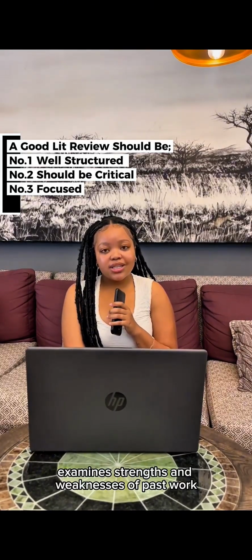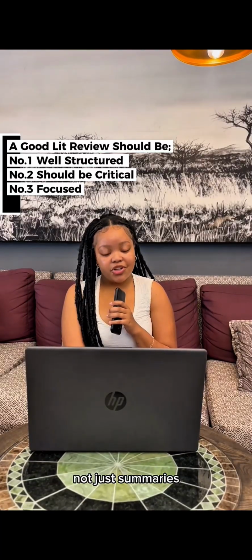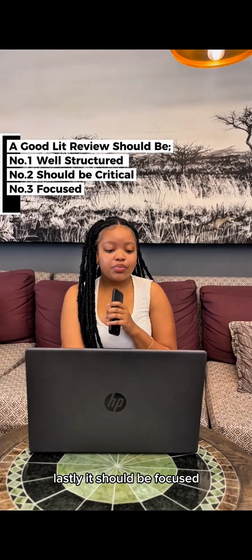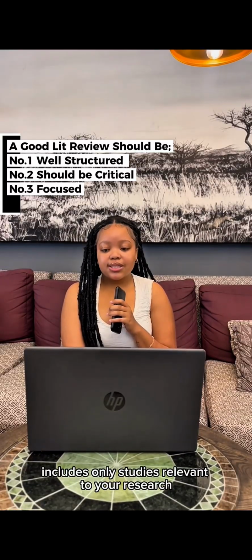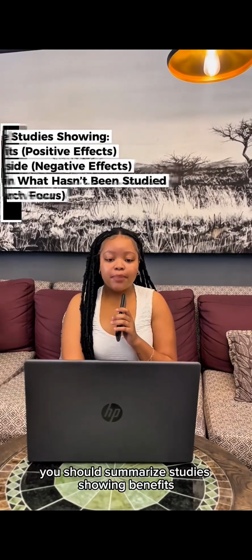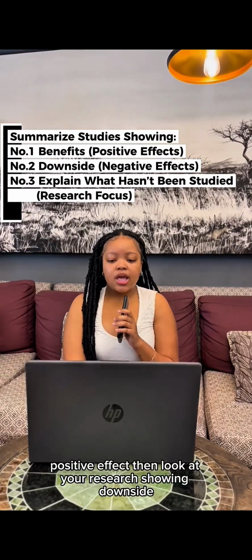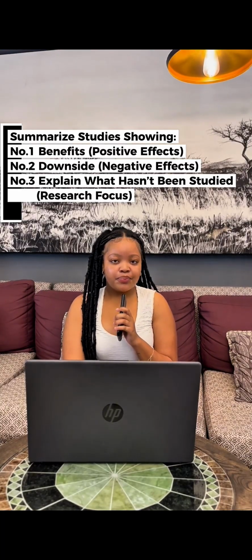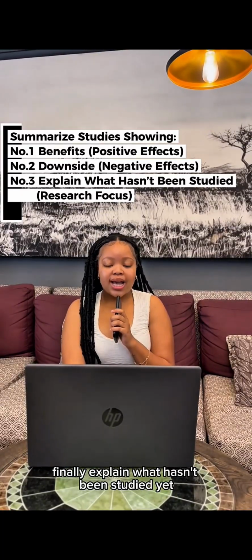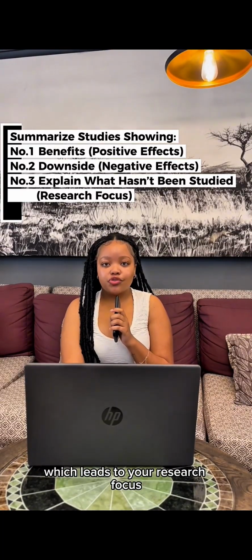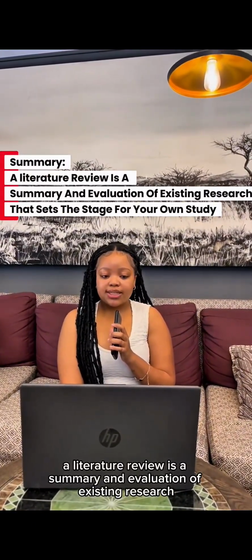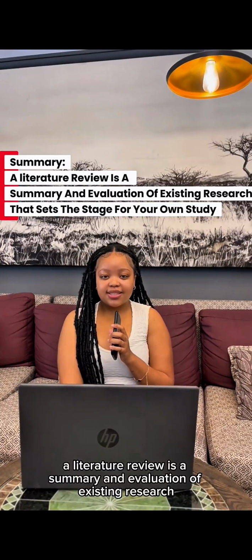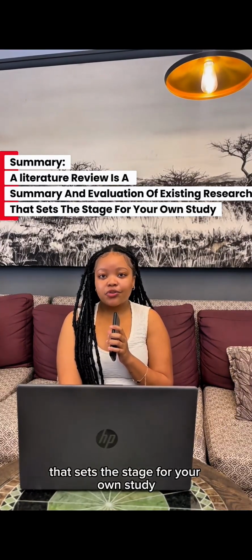It examines strengths and weaknesses of past work, not just summaries. Lastly, it should be focused, including only studies relevant to your research. You should summarize studies showing benefits and positive effects, then look at research showing downsides and negative effects. Finally, explain what hasn't been studied yet, which leads to your research focus. In simple terms, a literature review is a summary and evaluation of existing research that sets the stage for your own